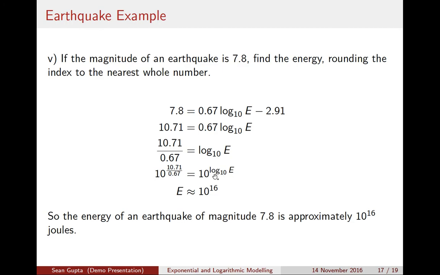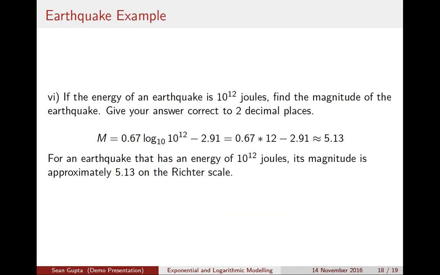Now we have E as 10 to the power of this. Notice once again, I'm using the exact value because I only want to calculate everything at the end to avoid rounding error. So for this magnitude, 7.8, we get an energy of 10 to the power of 16 joule. If the energy is 10 to the power of 12 joule, find the magnitude. Okay, how's this different? Well, before we had the magnitude, had to find the energy. Now we have the energy, need to find the magnitude. Okay, in a way this is actually easier